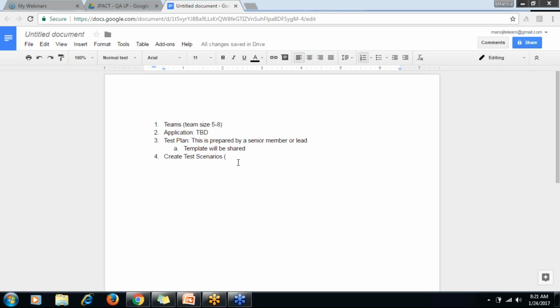Okay, so if I say validate login functionality with valid user and password, so that is one scenario, right? Another scenario can be validate login functionality with invalid user and password. So this way you can create different test scenarios,